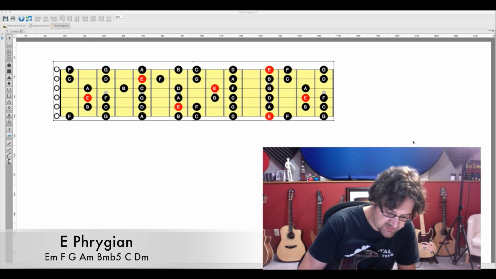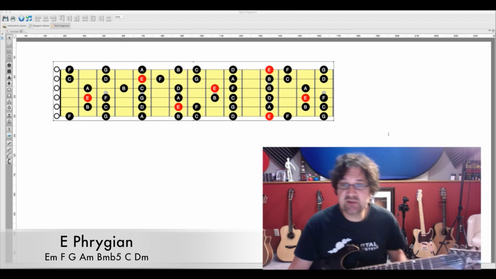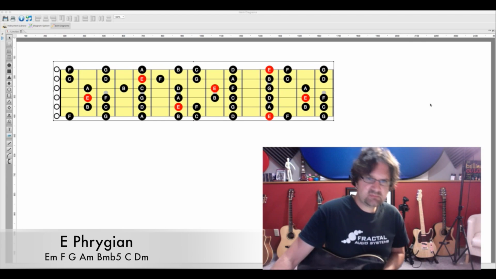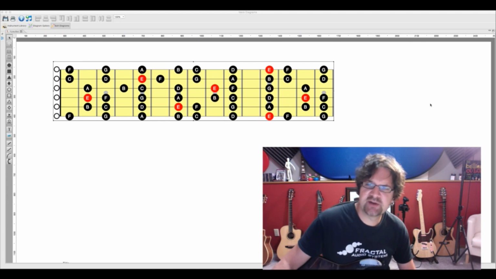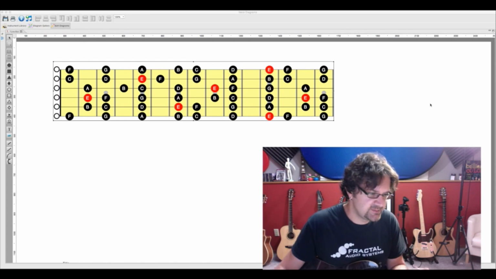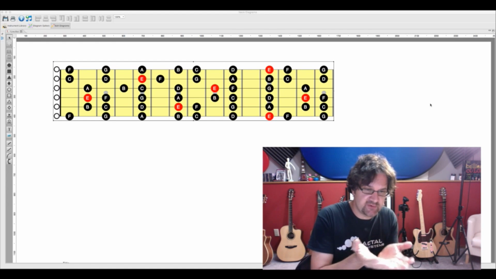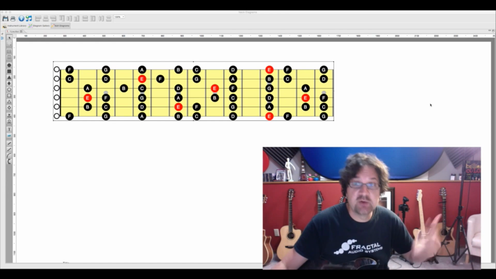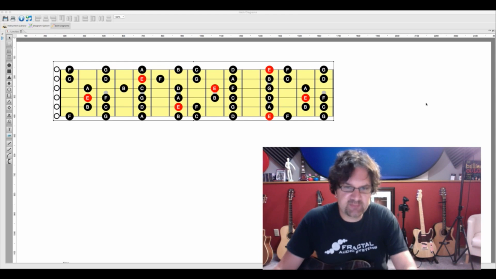Next one is C major. Next one is D minor. So we can use these chords. And because we're in E Phrygian, I'm going to try to concentrate really on the point that the first chord that I hear is the foundation chord, which is E. So I'm going to have my E,